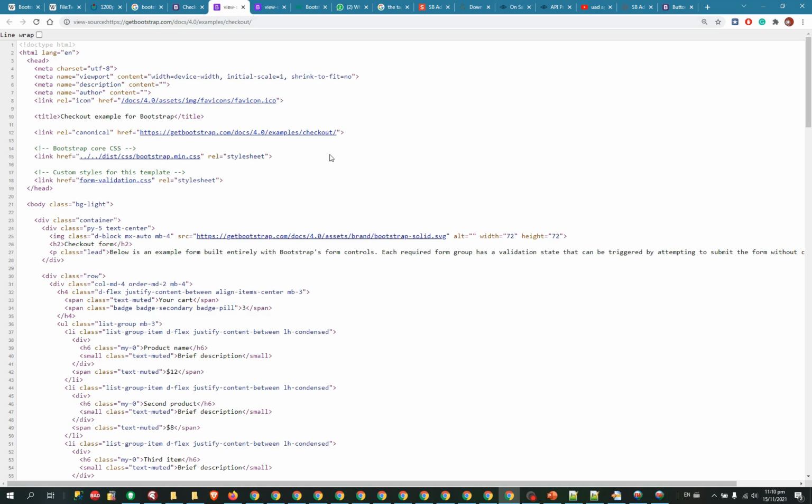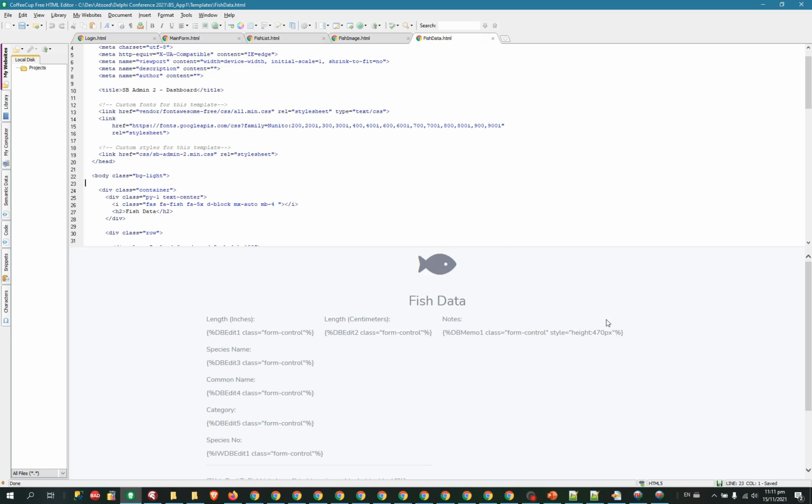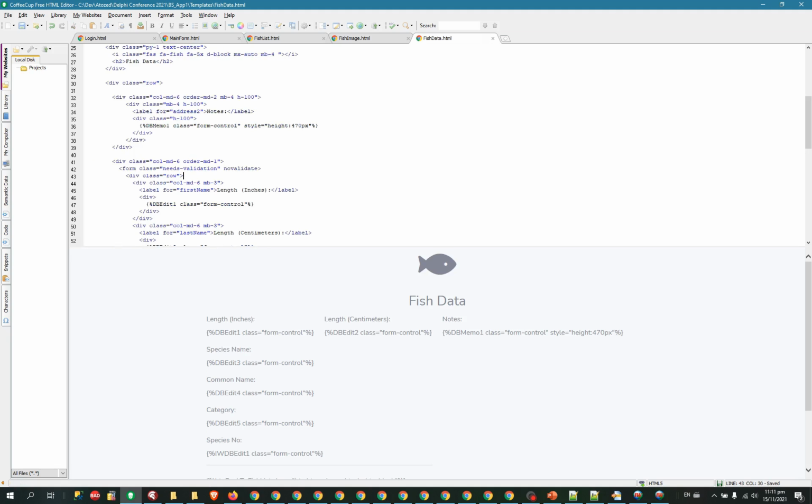What I'm going to do is show the frame with the template ready, so we don't waste much more time here. Okay. So here I have my fish data HTML template, and it's already built. I put the fish icon here. Font Awesome has these tags here that you can change the size. For example, 10. If I want the 10, it increases the size. I'm leaving it as 5. I change the title, and for every